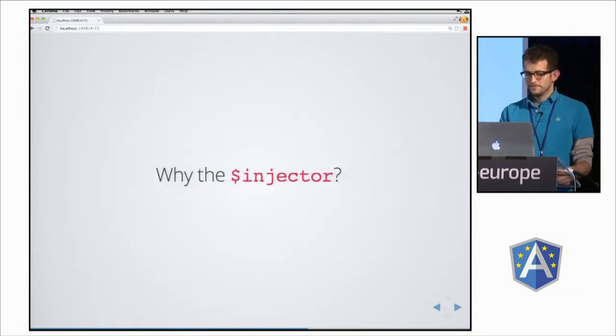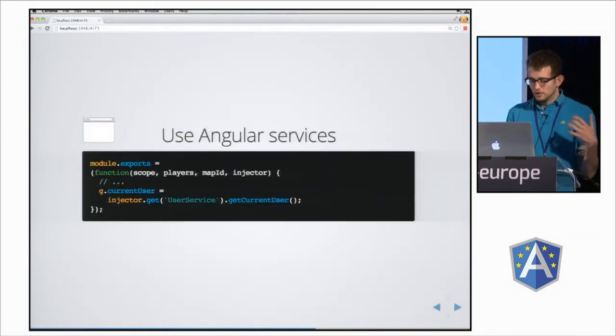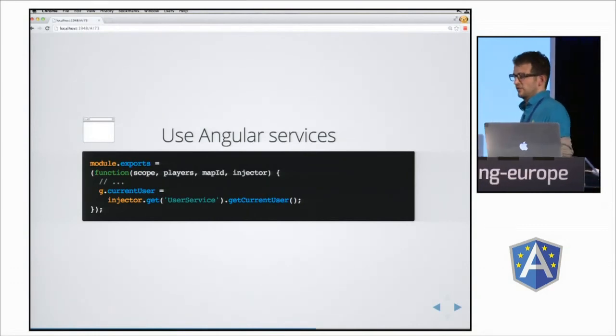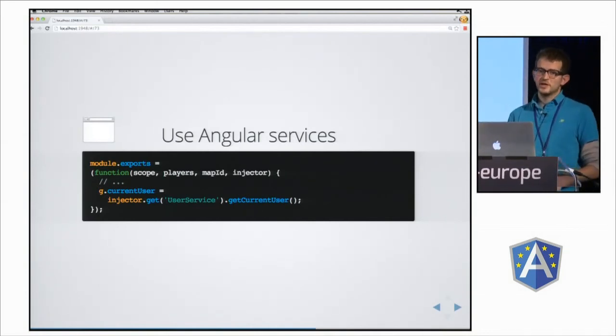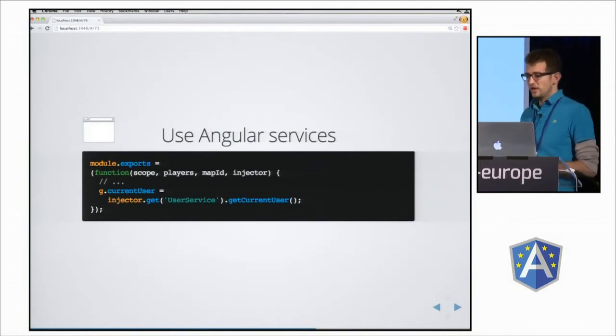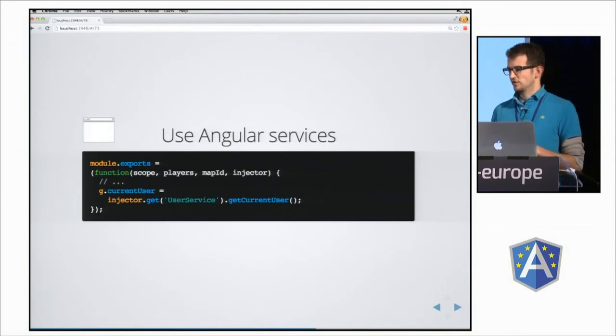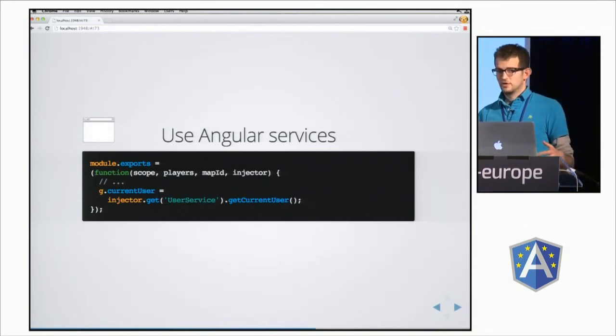game object. Okay, so why are we passing the injector into our phaser function? Well, by using the injector, we can directly get access to any services that we need or we're interested in inside the game, outside the scope of Angular. So for instance, if we want to get access to the user service because our user has logged in using maybe Auth0 or a JWT token, and we don't want to deal with that inside of the game, we can do that by simply grabbing that user service and calling the function that we would call inside of any other part